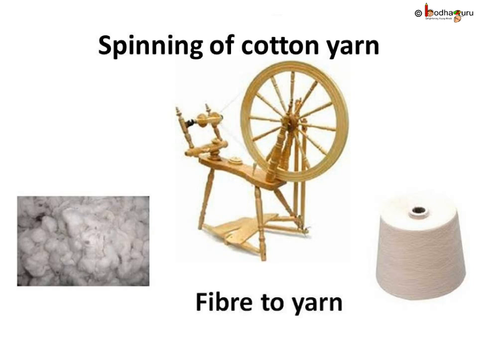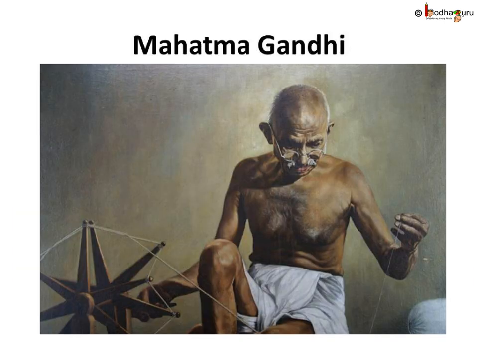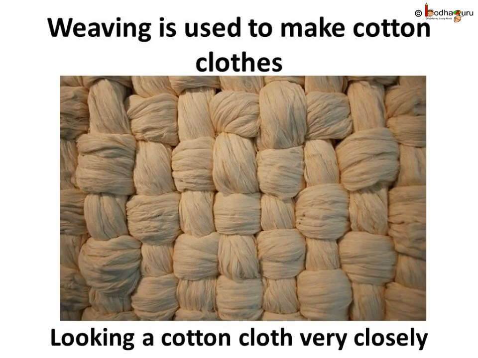We learnt in our previous video, right? The process is spinning. The fibers are spun together to make yarn. In Indian villages, a hand spindle or takli and a spinning wheel or charkha are used for it. You know, our father of the nation, Mahatma Gandhi, used to make yarn on a charkha for his clothes. Nowadays, electricity driven machines are used for this purpose. So now we have a yarn.